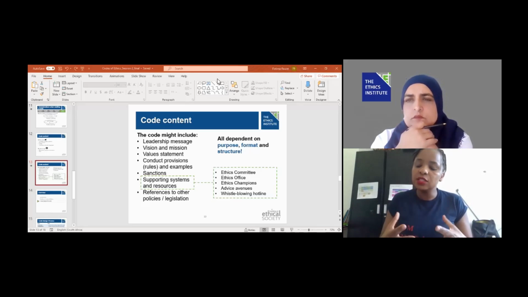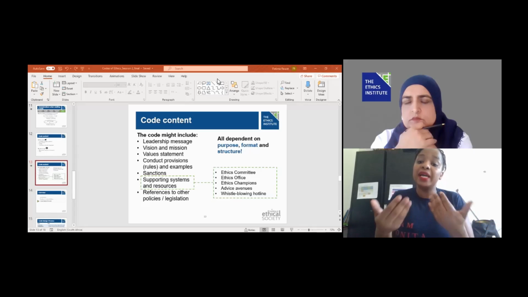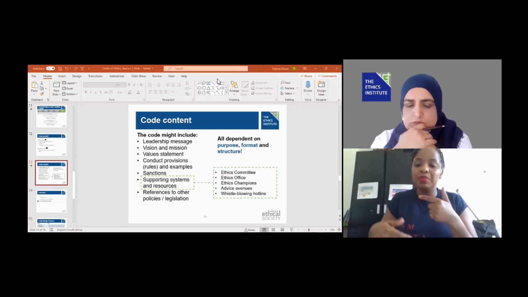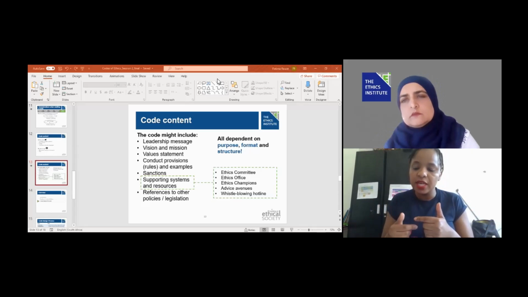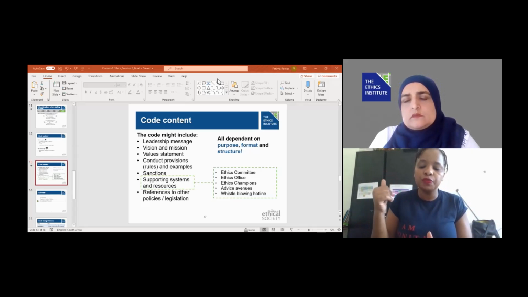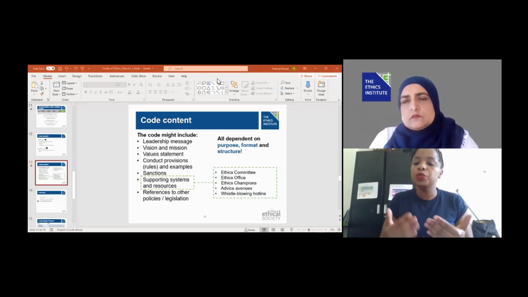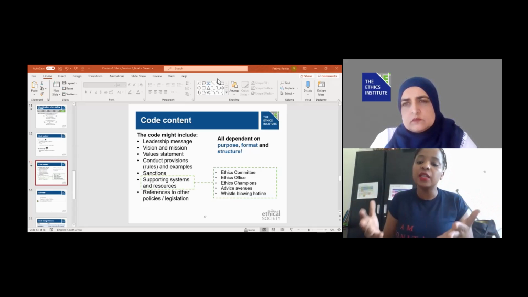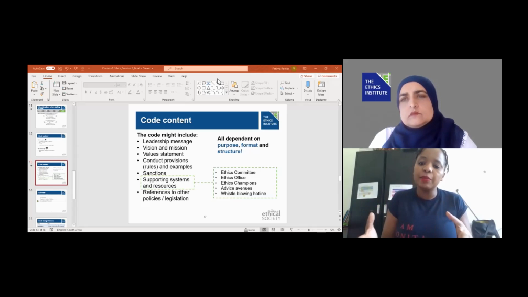So if you want your code to be a support system, you need to make it in a way that people will first buy into it, understand it, and be able to rationalize it in terms of being able to ask themselves every time they face a situation: what would my company want me to do? What are the values of my company? Does my company accept this type of behavior?